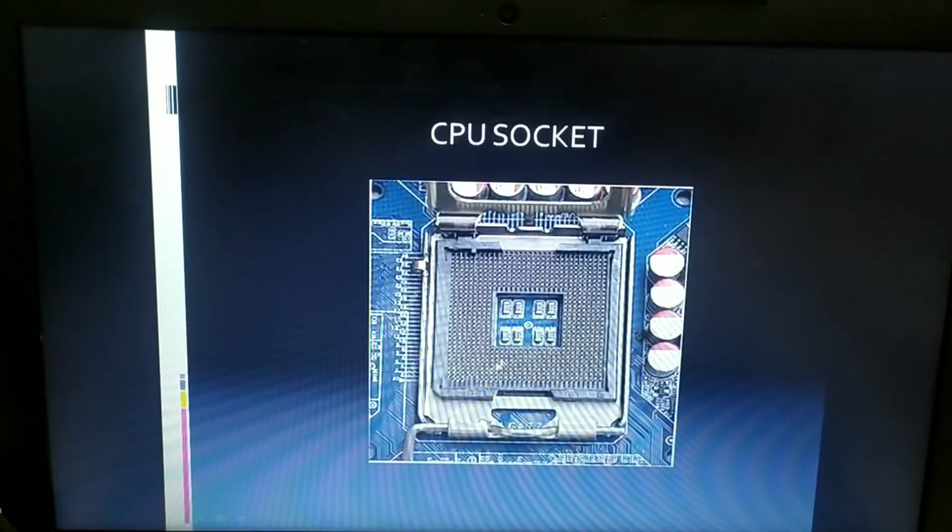Now this is the processor socket where a microprocessor is being placed. Understood? So the microprocessor is placed within this CPU socket. Based upon the motherboard, there are different kinds of processor sockets we will get. One is rectangular shaped, one is square shaped, and one is a pin grid array (PGA) socket. Different kinds of motherboards have different kinds of CPU sockets, which help you to place the processor into it.